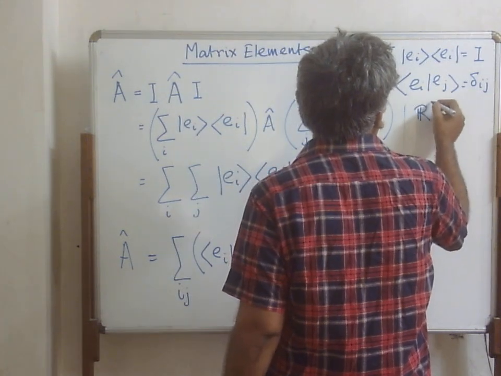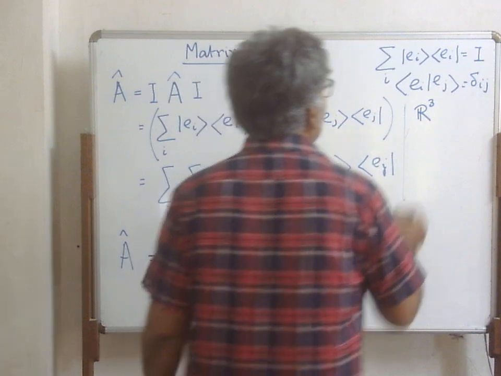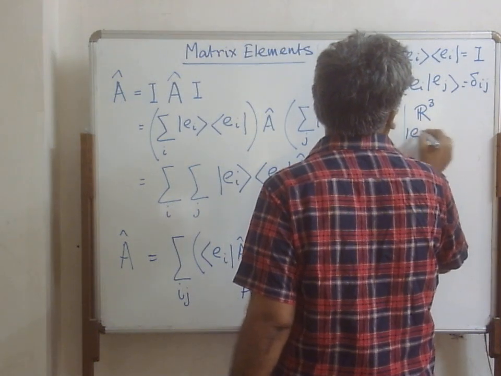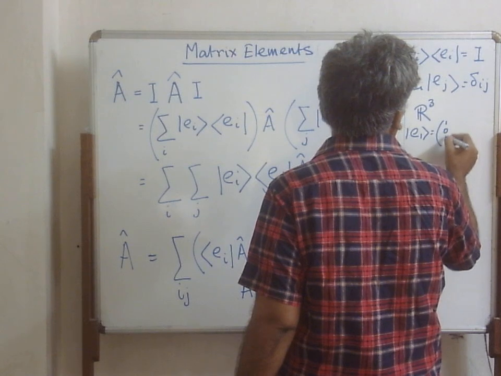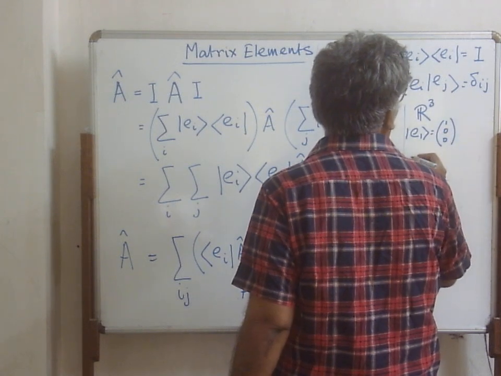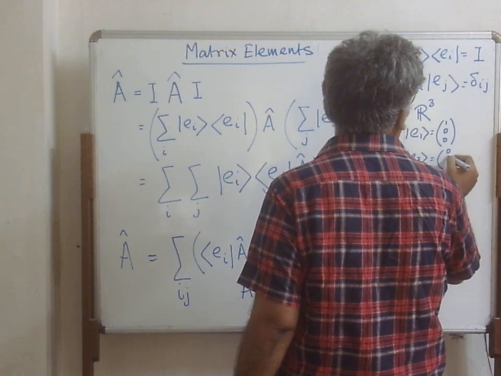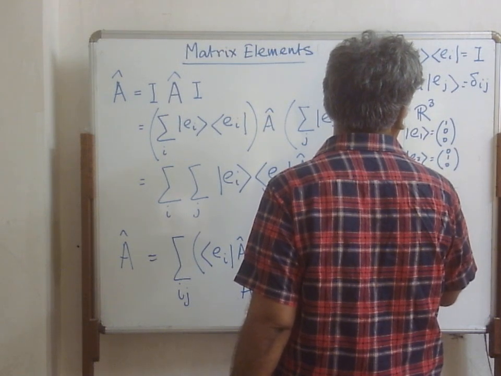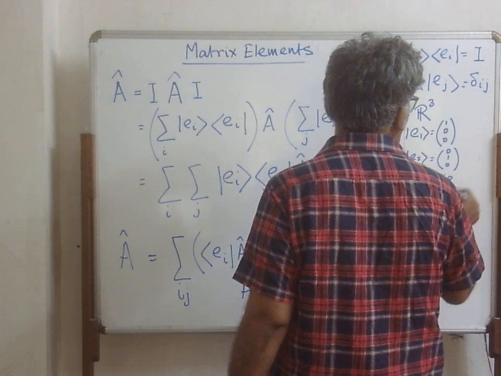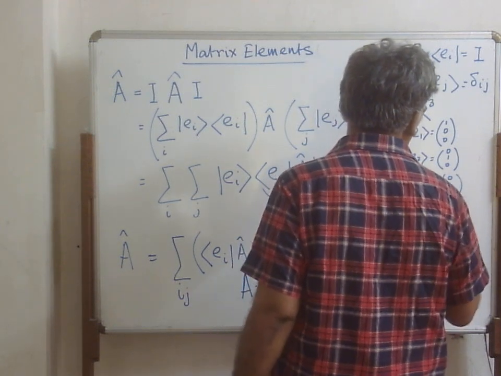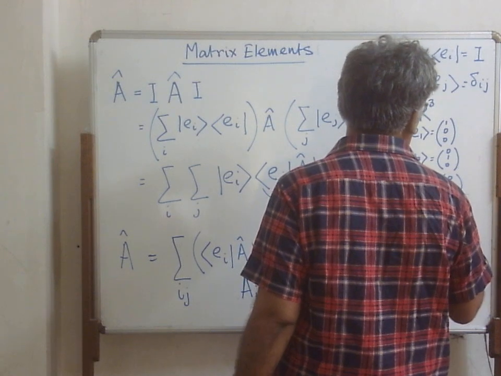Suppose R3, if I take E1 as 100, E2 as 010, E3 as 001, and if you take the transpose of these, that's the bra. So E1 is